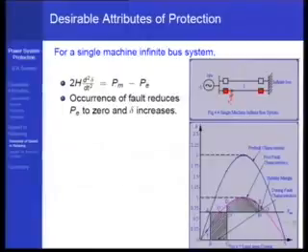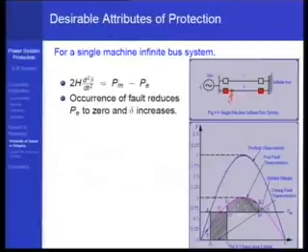And this is the area which, from the equal area criterion, this is the acceleration area, this is the deceleration area, and for a stable system the acceleration area has to be equal to the deceleration area. So this is the stability margin which is available to you, and